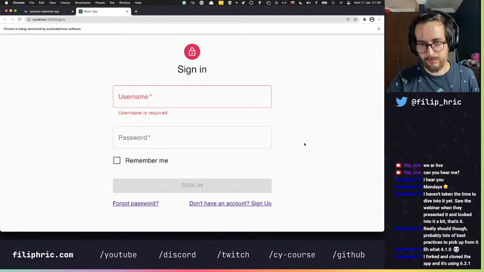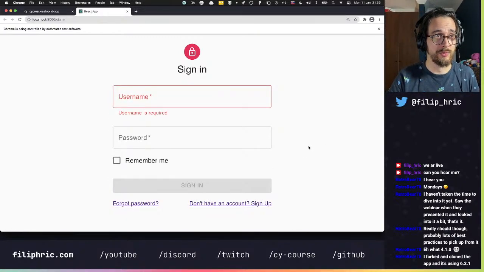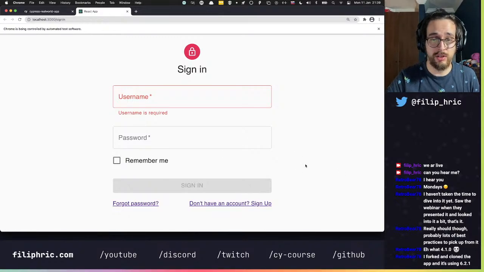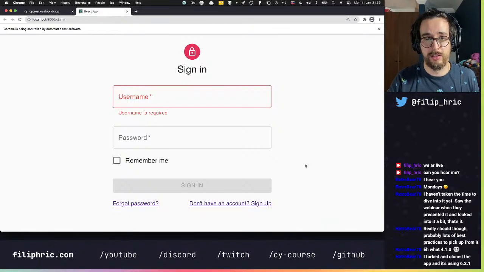And I mean, it could be the case for the app that you are testing. Like, everything is behind the login gate, and the first thing you need to deal with when trying to use Cypress is to log in. So that's a real world scenario.